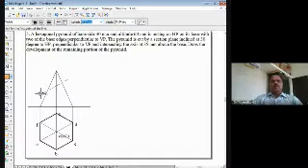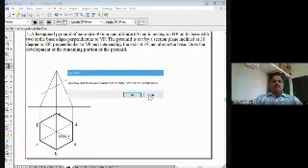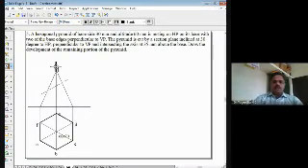So the section plane has been drawn here, and it is cutting the various slant generators of the pyramid. Those points I have to mark. So first I will mark all the other points here. So this is the point O dash, and here is the point O1 dash, and these points I will mark A dash in the bracket F dash. Here is the point B dash in the bracket E dash, and this point is C dash in the bracket D dash. And the section plane is cutting this edge O dash A dash at point 1 dash here.